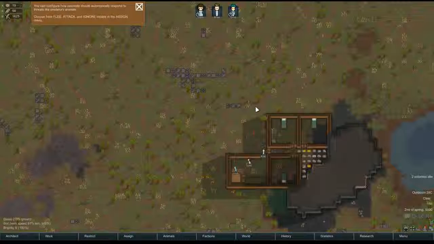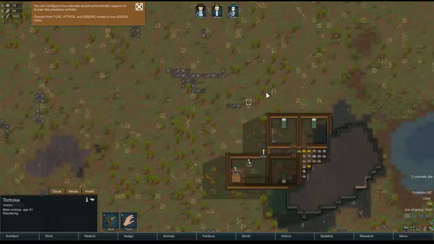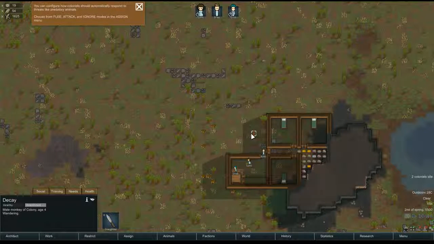So with meat, you can get it from animals on the map. There are some you can tame and keep them, and then